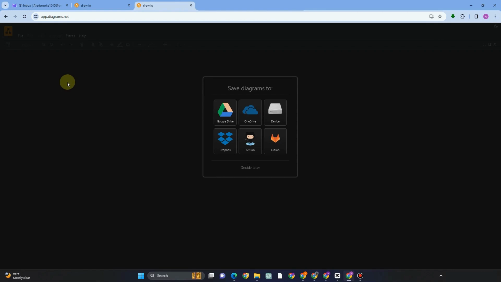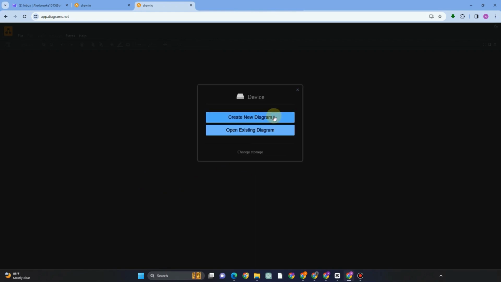Draw.io is an online tool that is completely connected with Google Drive. This implies that your work will be immediately saved to your Gmail or Google Workspace account. So this time, let's choose this drive. Now we can create a new diagram, or if you have an open existing diagram, you just have to tap